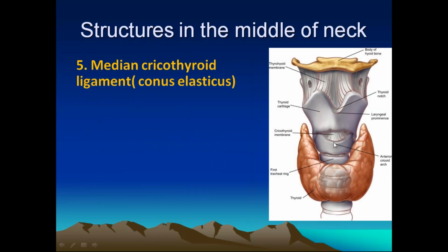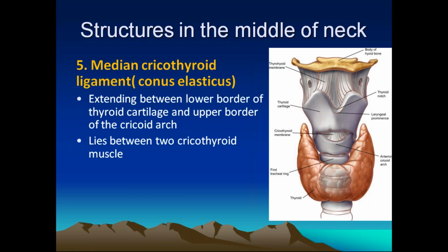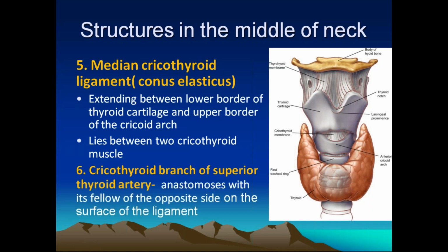So the next structure you will see in the infrahyoid part of the midline of the neck is the median cricothyroid ligament. This is the cricothyroid ligament, which connects the lower border of the thyroid cartilage to the cricoid cartilage. This is the cricoid cartilage, which is a signet-shaped ring cartilage of the larynx. It is also an unpaired cartilage. The membrane connecting these two is called the cricothyroid membrane. The anterior part of the cricothyroid membrane is thickened to form the median cricothyroid ligament, otherwise called the conus elasticus. Okay, so that's all about the median cricothyroid ligament.